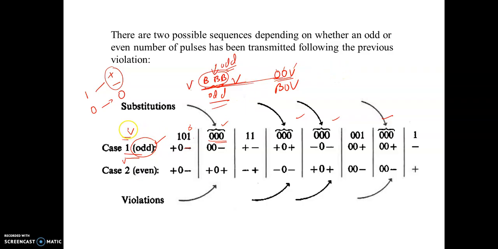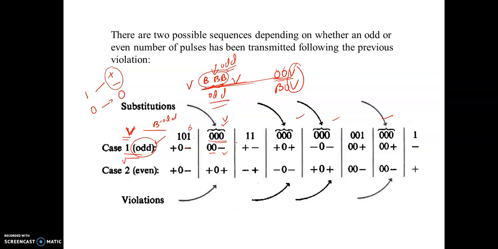Is it clear? I have a violation here. I don't know the exact position. I assume that after the violation, the number of B is odd. You have already odd number of B. So if your condition is already between two violations, this last position will always be a violation. Whatever the rule, your last position will always be a violation. The number of B between two violations should be odd.